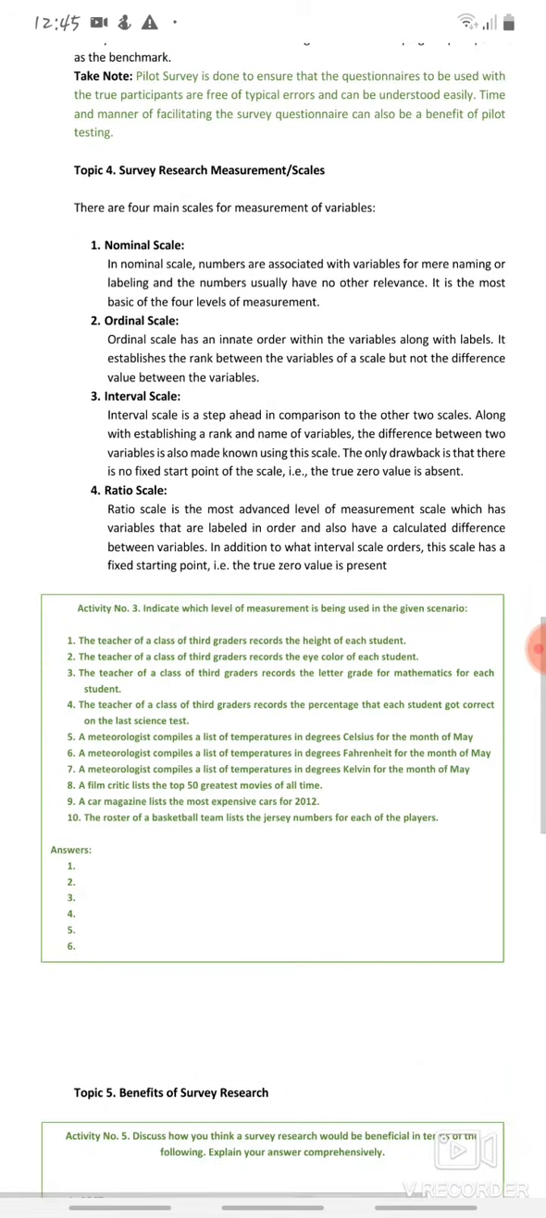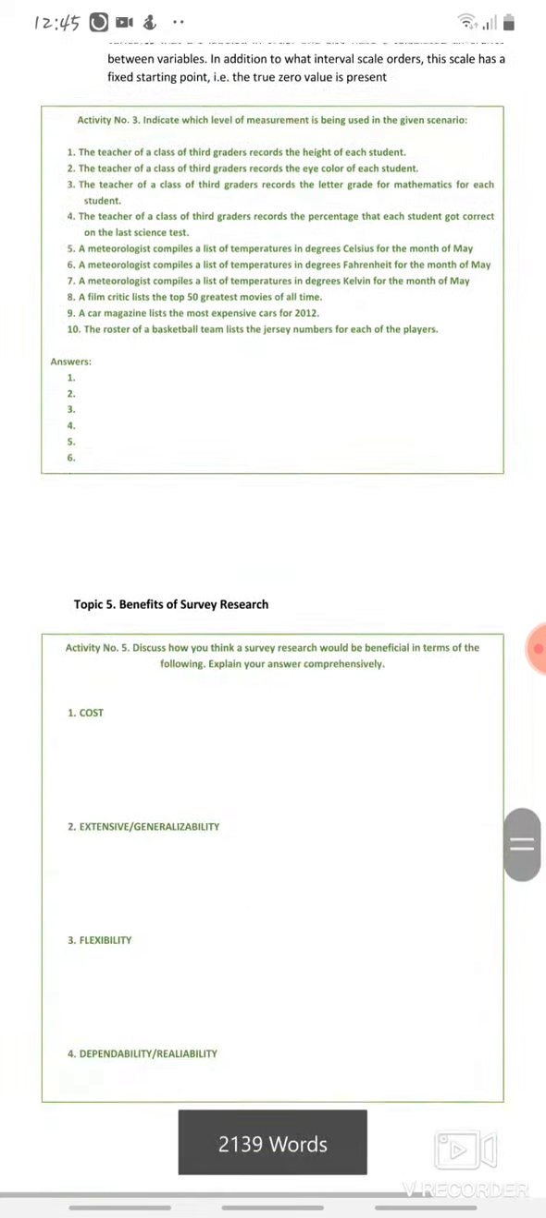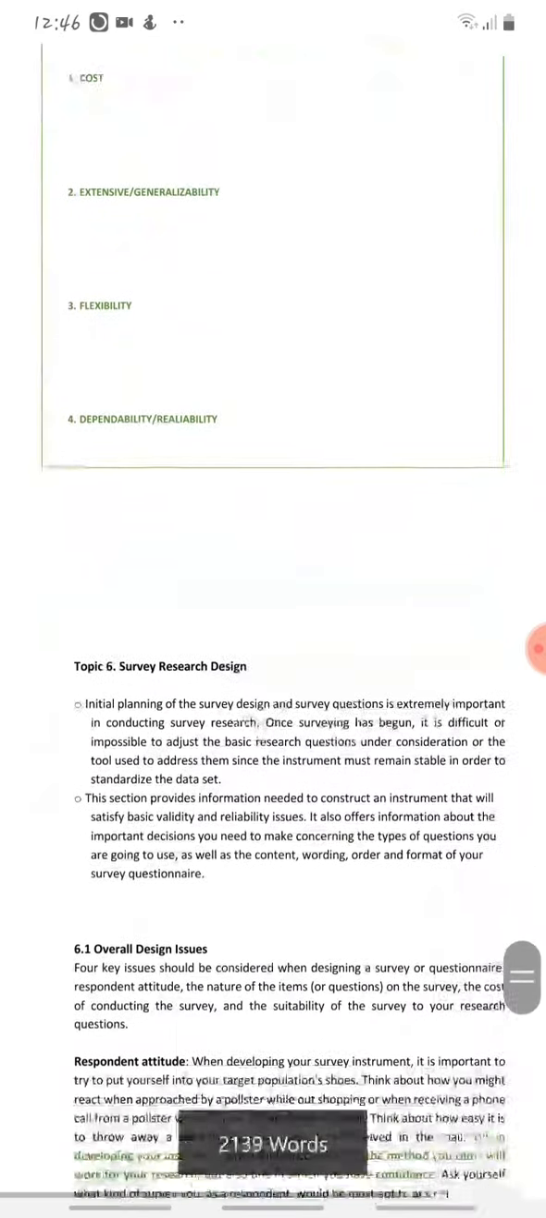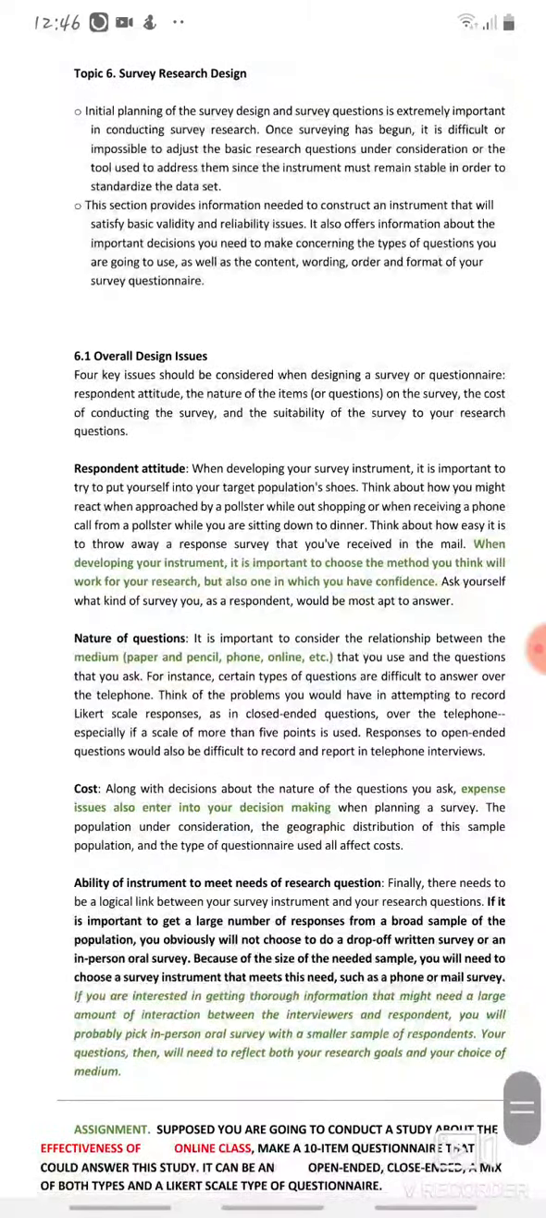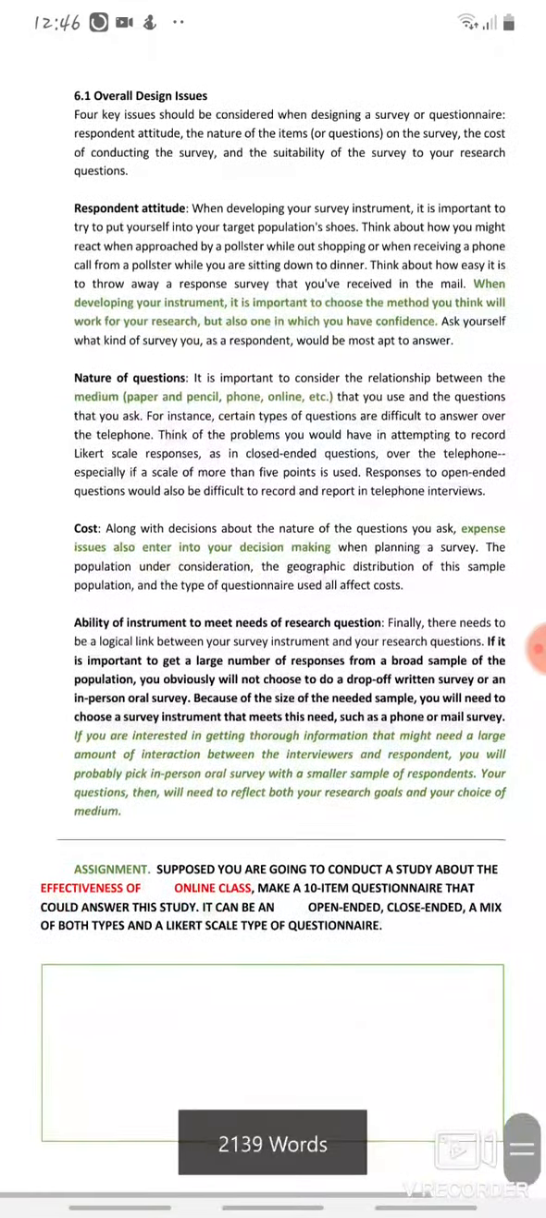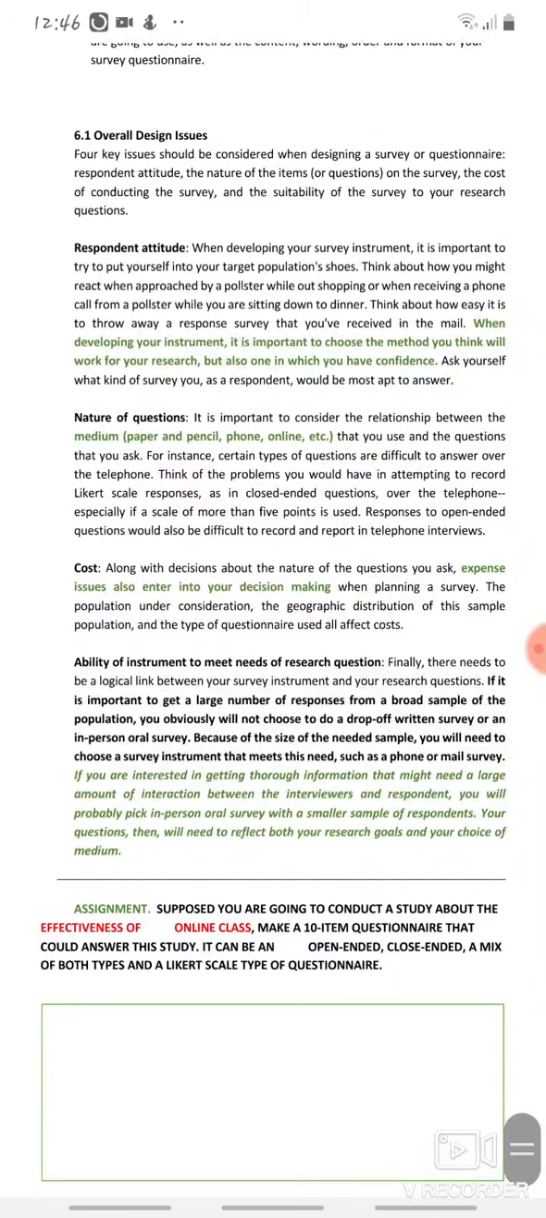So yung topic 4, survey research measurement and scales, madali na to dahil natalakay natin to during the survey research. So, the nominal, the ordinal, the interval, and the ratio. And then, we have the survey research design. And then, we have the overall design. The respondent attitude. I-check nyo din kasi talaga yung respondents nyo whether